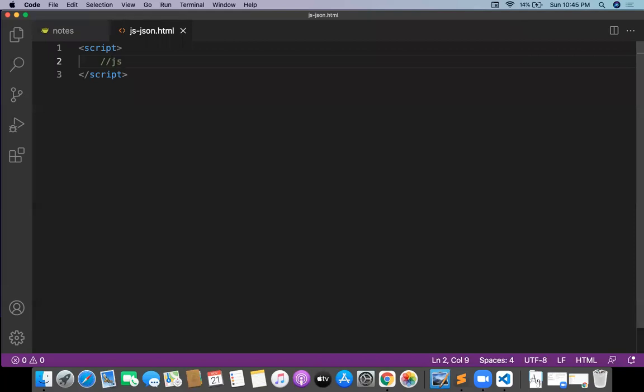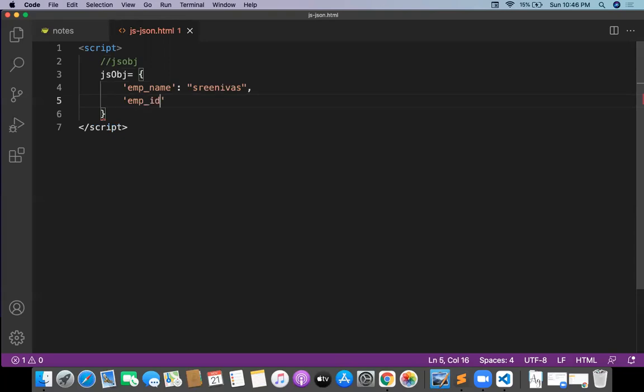First of all, I'm creating a JavaScript object. How to create a JavaScript object? Very simple. JS object is equal to something like this. I want to write emp name. In JavaScript, I can give single quotes for a string, but in JSON you can't give single quotes for a string. We already discussed that single quote strings are not allowed in a JSON file, but single quote strings are allowed in JavaScript. Something like employee name Srinivas, and I'm giving single quotes.